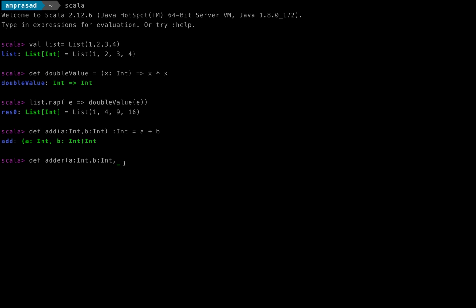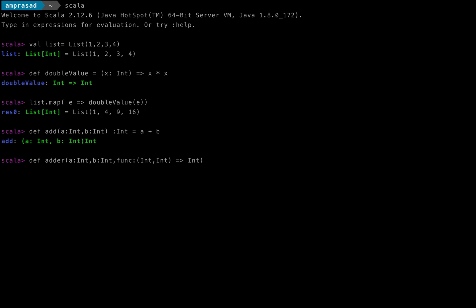We can give it any name; I am going to name it func. Here we have two arguments a and b, and the type is Int, Int. We only have to pass the data types. It will map to a two argument function, and the return type we define with an arrow, equal to and greater than. The return type for this method is Int, so I will say Int.